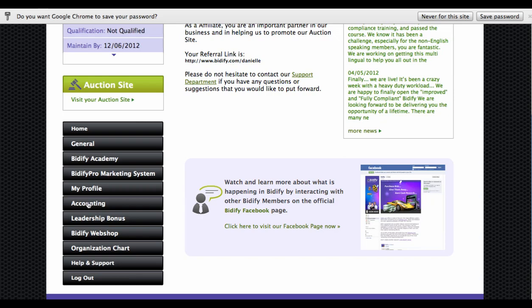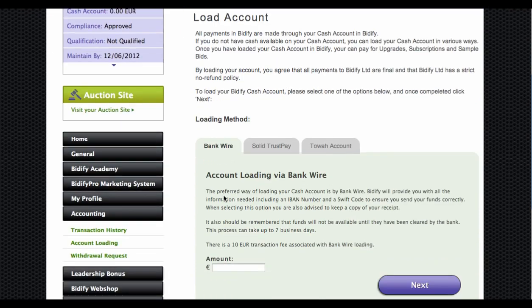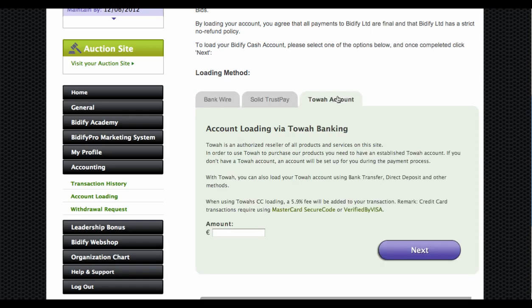So we'll simply click on the Accounting tab and then Account Loading. And you can see now that this takes us to the loading methods that we have available. 3 pay-in solutions: Bank Wire, Solid Trust Pay, and the Towah account. We already used the Towah account, and take notice that when we processed this Towah payment, it caused us to create a free Towah account. So we now have a free Towah account, and when we select the package for a prepaid card, it will